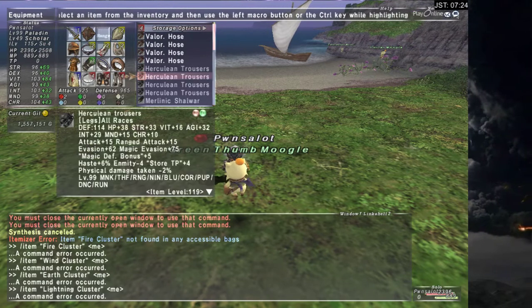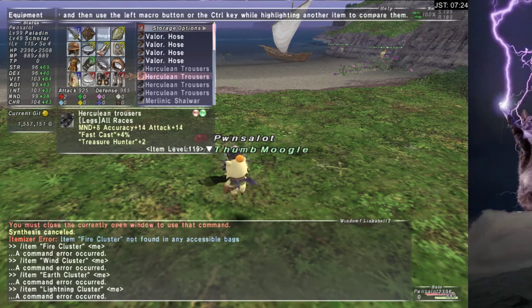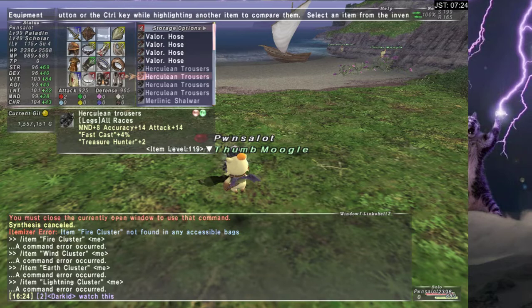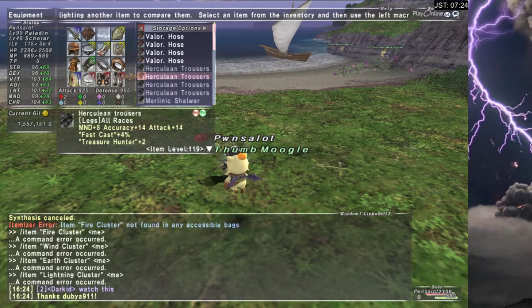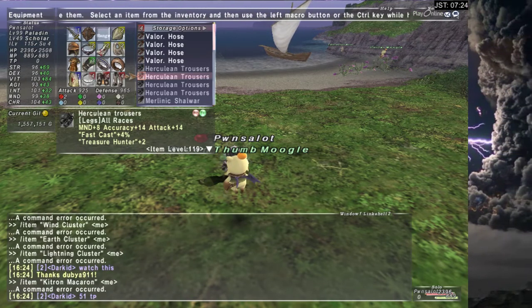I think it's in here. Yeah, here we go. So that's actually pretty lit right there. It came with accuracy and fast cast, so I can multi-purpose these Herculean trousers quite nicely, really. And max Treasure Hunter +2 is perfect. Like, that's amazing. I want that, and I want that on all of the Herculean pieces that I can get